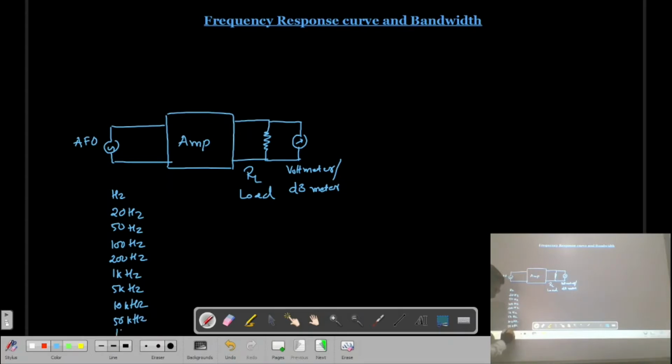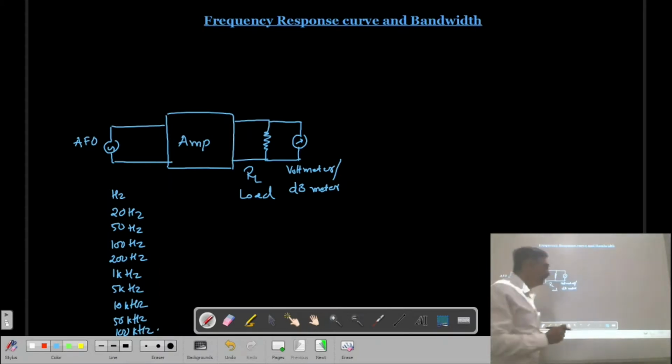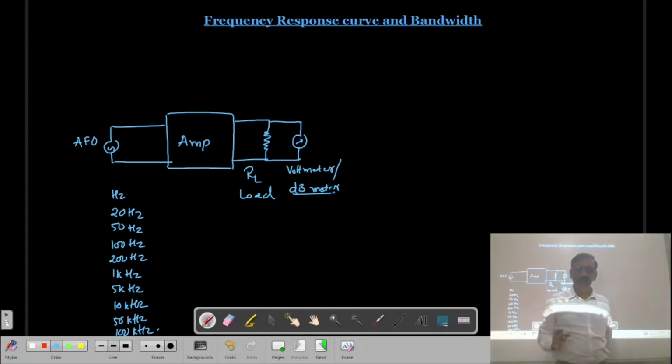In this way, you can apply different frequencies to the amplifier and measure the output power in the dB meter. Then we have to plot the curve,